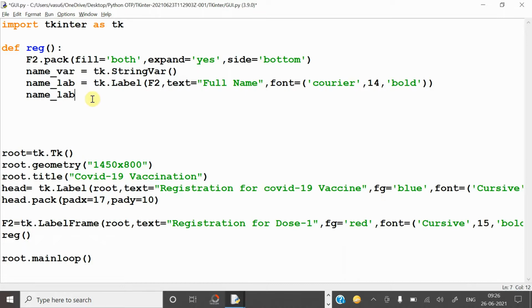Here I am using grid function for keeping this component on the frame 2. For this simply name_label.grid. So here I am calling the grid function. So here I have to give x-axis and y-axis, that is called as the row number is 0, and column also you have to give. This is the y-axis where you want to keep this. Now run this one.